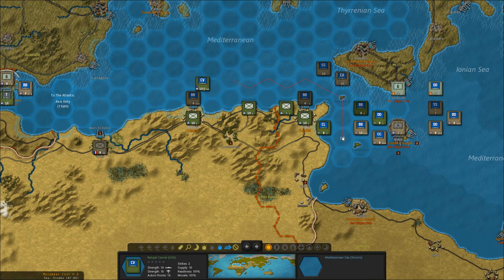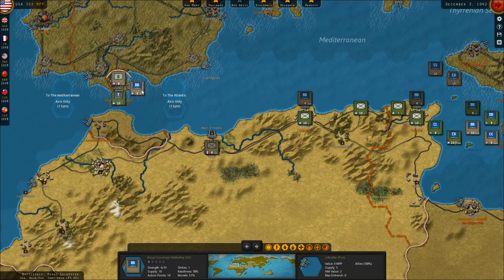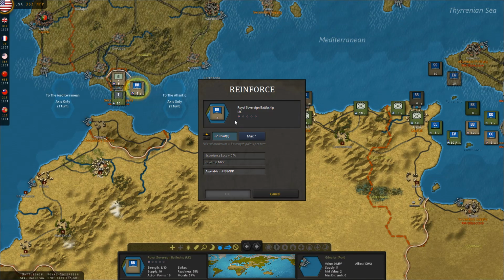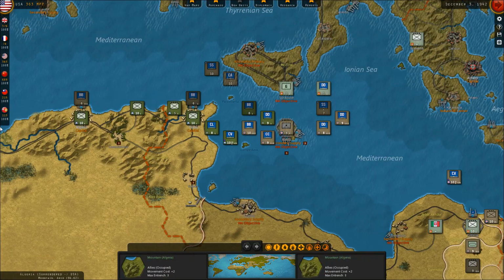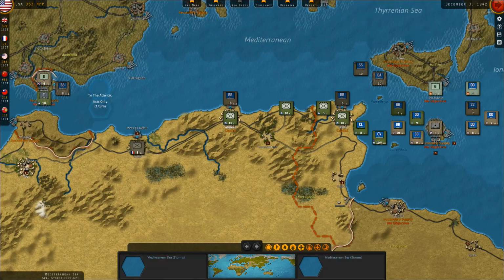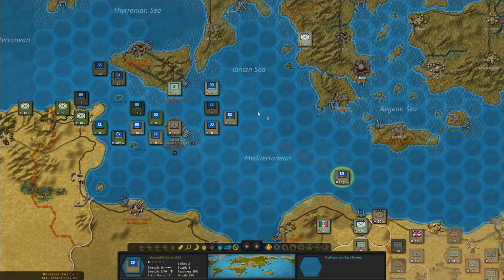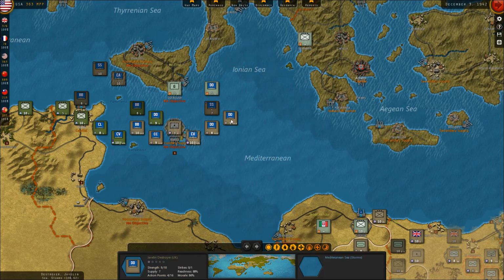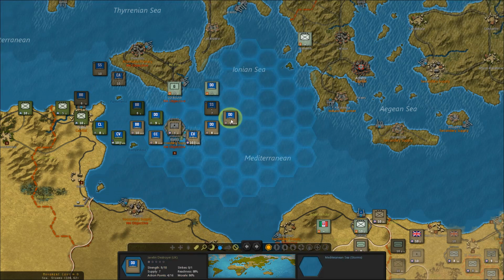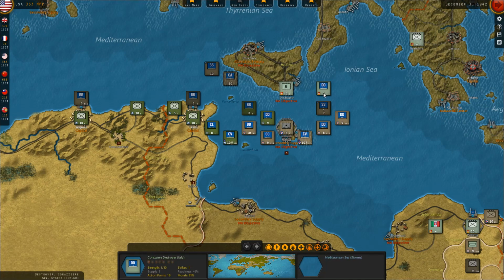I'm going to bring my aircraft carrier over here just in case the weather turns nice. This British battleship needs to be reinforced a little bit more. This one actually should have gone to a different port. I don't know, I'm doing something silly here. Yeah, this carrier can't do anything. But it's heavily damaged and Italy doesn't have much income, so...